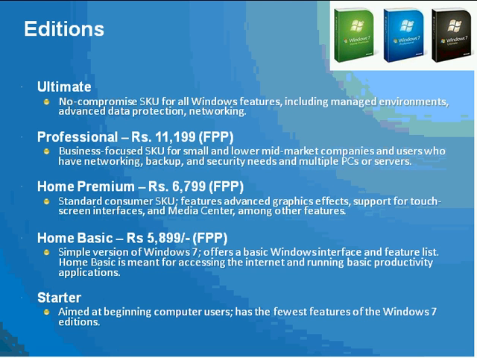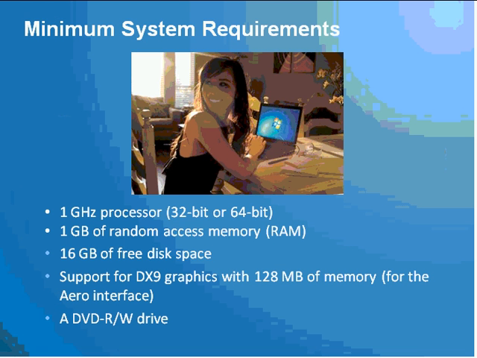So with these, you have additional options of Home Basic and Starter Edition, but you can't buy Starter Edition in a box, like on the shelf. It is only available through the PC manufacturer's site. So in the system requirements, which are the minimum that we support as of now, it's a 1 gigahertz processor, 1 GB of RAM that you need to run Windows 7, and minimally 16 GB of free hard disk space.